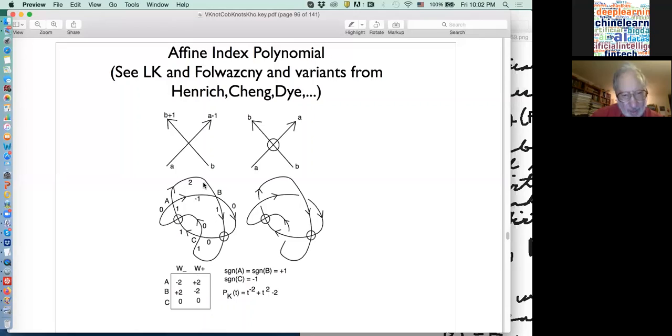Let's go to B. 2 minus 0 is 2. Minus 1 is minus 2. And over here at C, 1 minus 1 is 0 and 0 is 0. Okay, so then for K, which has all positive crossings, we use the plus signs. Those are the ones in the left column. And so we get, and the definition of the polynomial is,